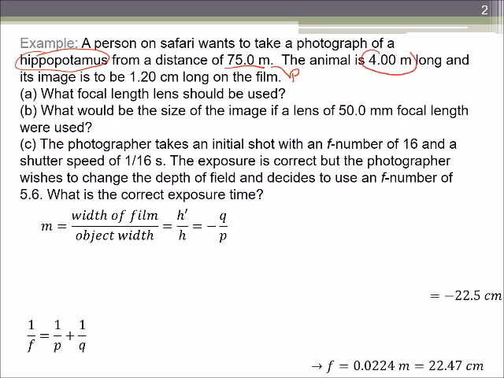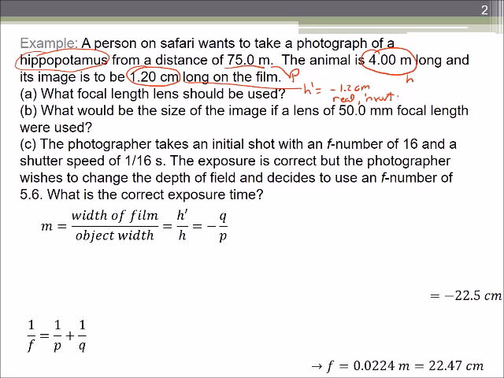The animal is 4 meters long, that would be H, and the image is to be 1.2 centimeters long. That's our H prime, and that's really negative 1.2 centimeters because the image will be real and inverted, because we want the hippopotamus image to be inside our camera on the other side of the lens,